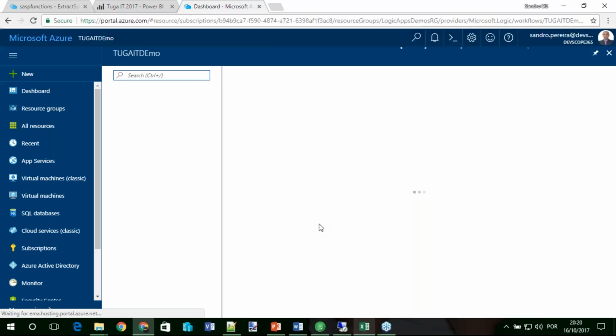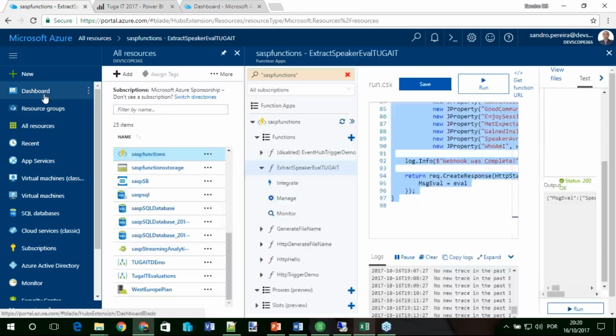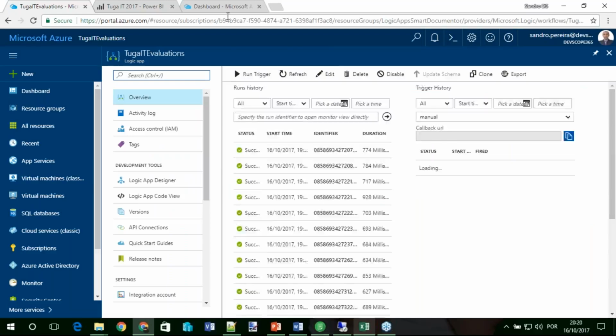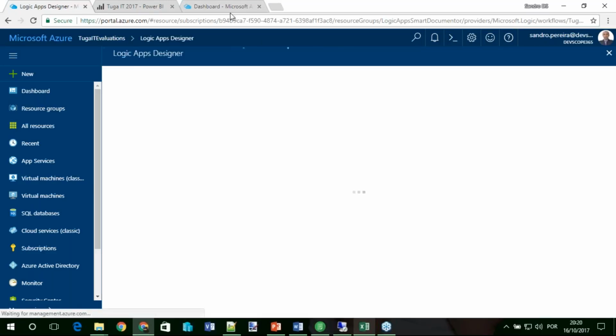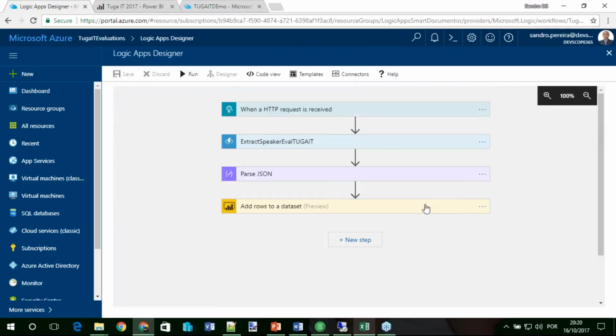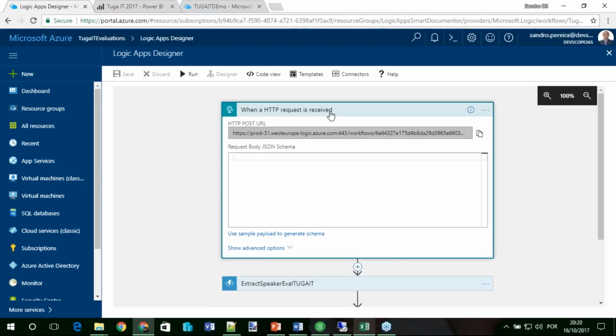No, unfortunately my network is not allowing me to do that. Let me see if I can show the one that I'm already using. So what is happening? Okay. So again, just add an HTTP listener.